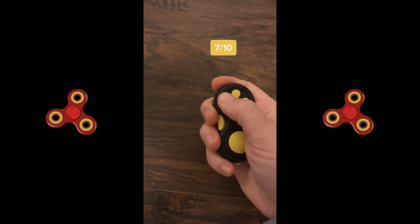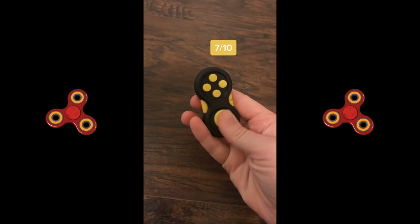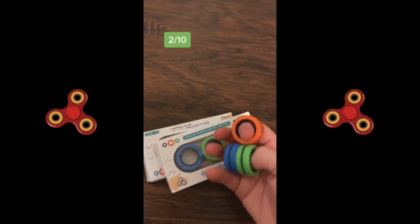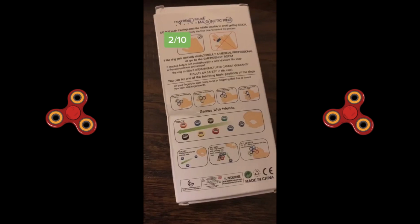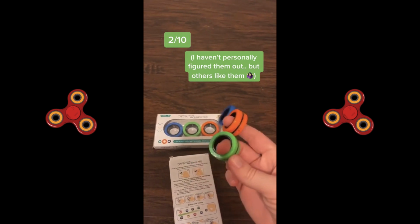I like that this one has so many different variety of options to fidget with. I wish it wasn't so loud though. I really like that these ones are magnetic and always stay together. The instructions give lots of different ways you can use them, but I haven't figured out how to do it effectively, so